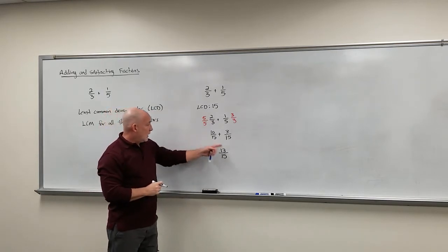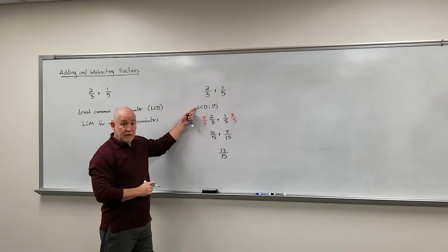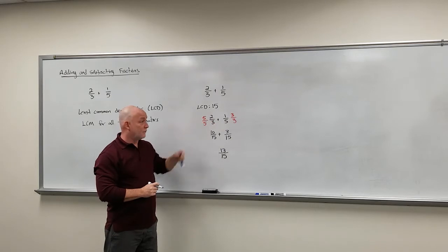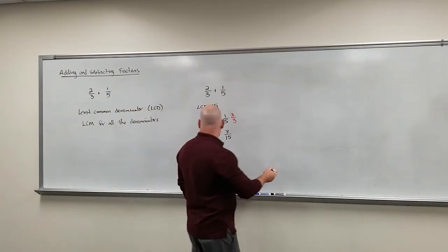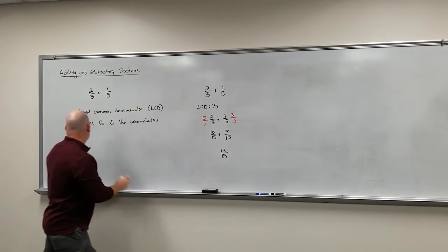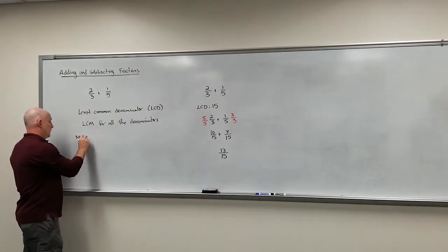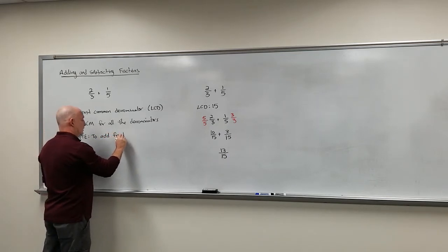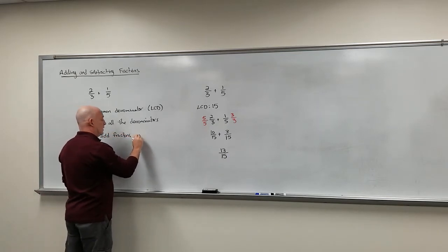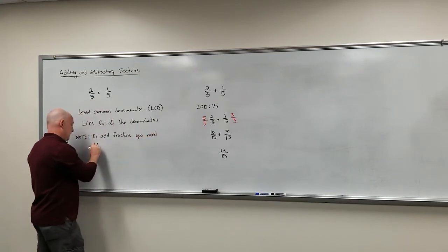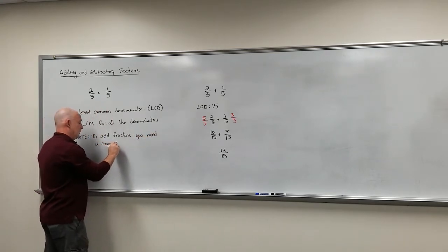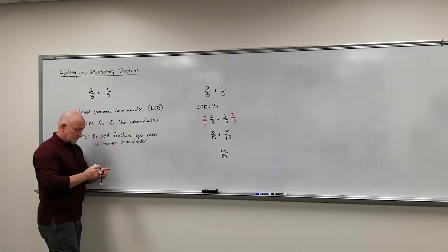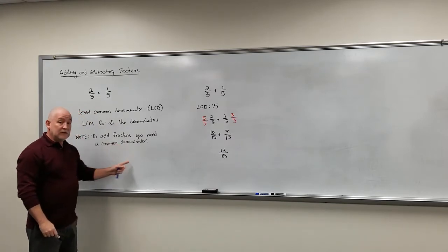All right, so to add fractions, we need a common denominator. And to find the common denominator, we're really looking for the least common multiple of all the denominators. So let's give ourselves a quick note here: to add fractions, you need a common denominator. Now notice here, and this is a little subtle thing, I didn't say you need the least common denominator